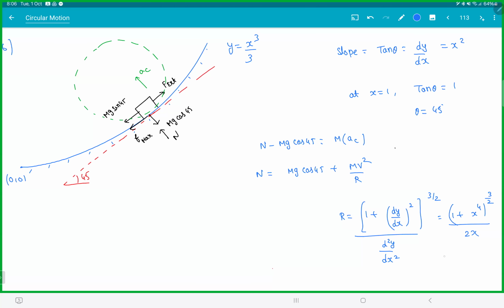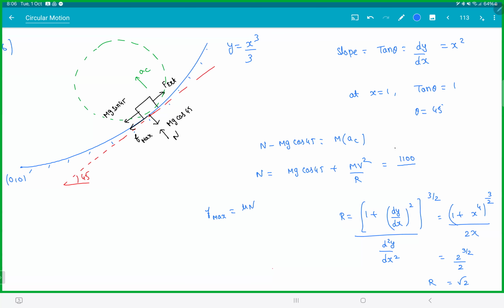X is equal to 1 will become 2. That is 2 power 3 by 2 by 2, which is root 2. There I got the radius value also. N B also came. What is friction? F max is mu into N. There I'll get everything. So if you solve with the numbers, you will get 1100 by